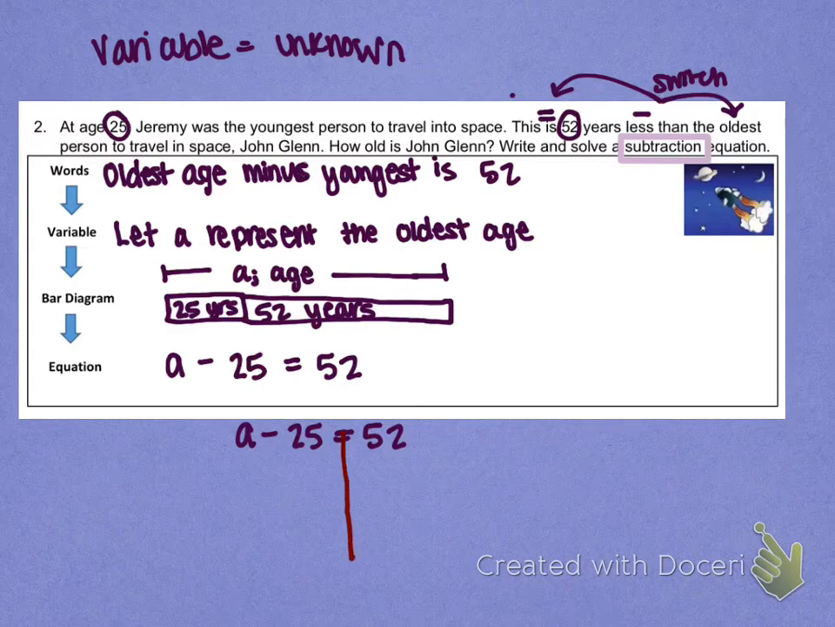Our operation is subtraction, so that means that we're going to add on both sides to get the variable by itself. We would add 25 on both sides, and A equals, we have to borrow here, 12 minus 5 is 7, making that a 4, and then 4 minus 2 is 2. So A equals,